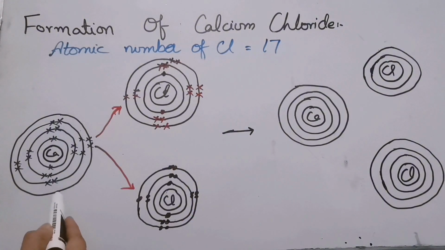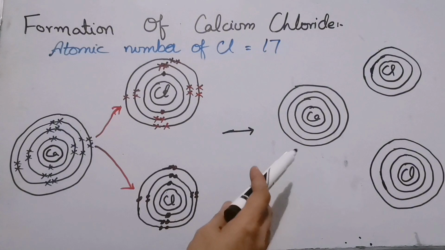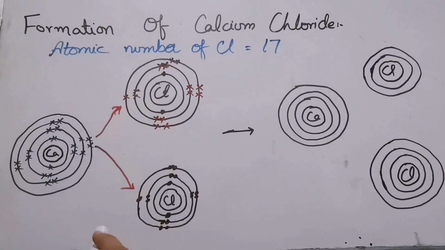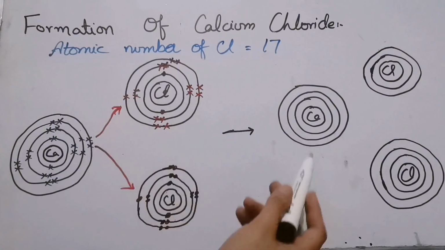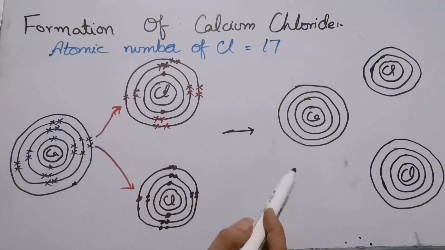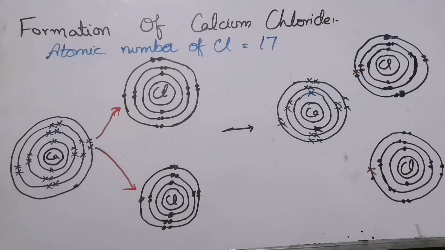Now see, there were 4 shells and here there will be 3 shells left. In the first there will be 2 electrons and second and third there will be 8 electrons. Note one thing, that the size of the cation decreases because it is losing the electrons of its valence shell, so its size will be decreased. Now let us fill the electrons. Now see over here, calcium has lost its 2 electrons and it will gain plus 2 charge, and the chlorine will become chloride ion and it will gain the negative charges. You can write it in this way, that plus 2 above the calcium and negative charges above the chloride ions.